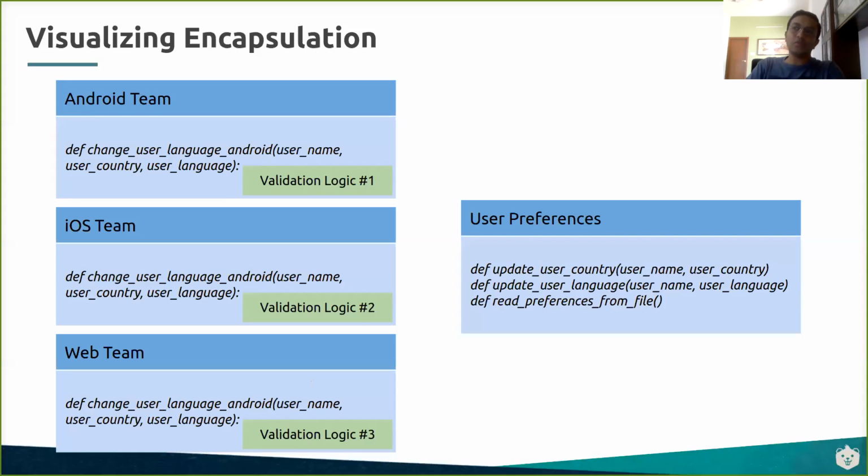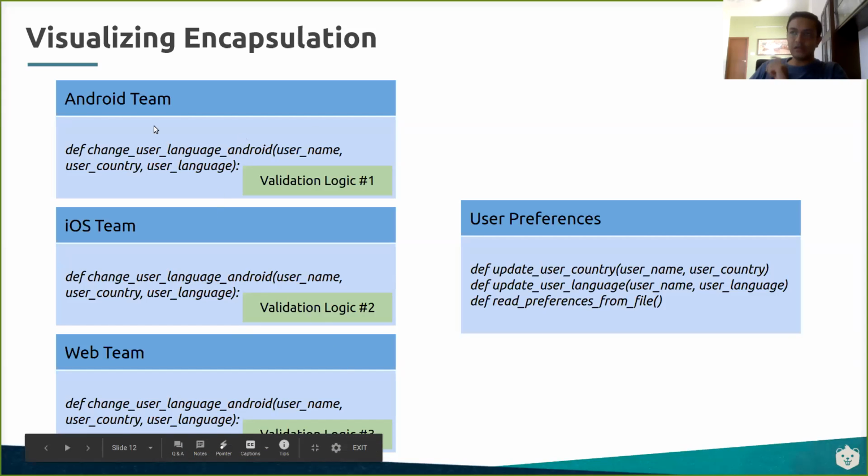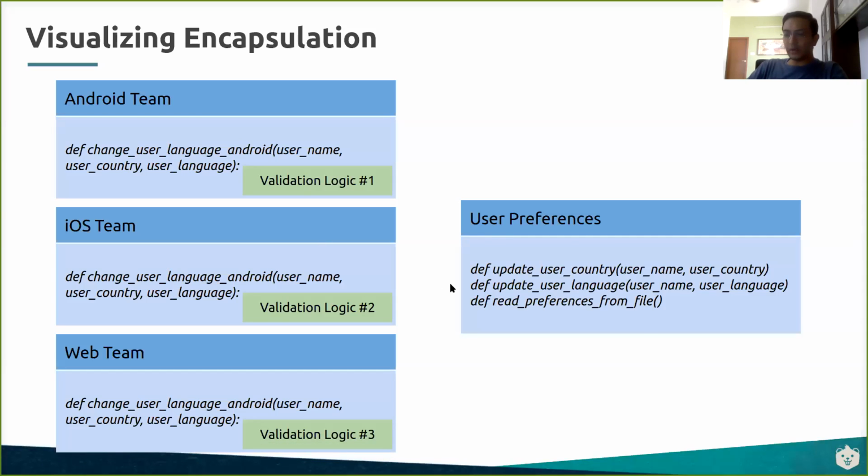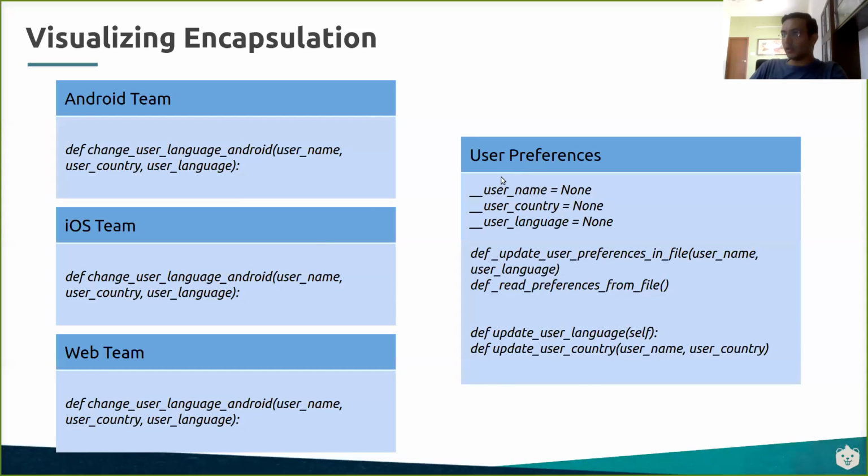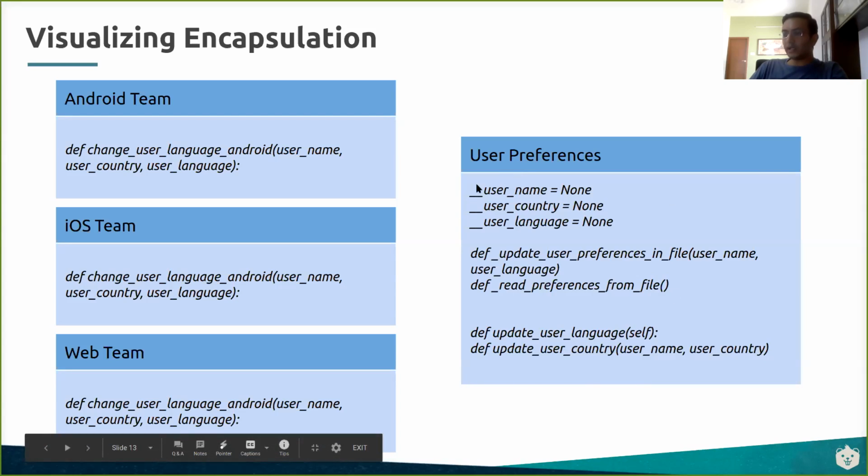Right? So what was happening earlier was the validation was happening in all of these places. The Android handler was doing its own validation for exactly the same thing. Same language country combination validation was happening in three places, correct? In terms of our files, we have just two of these implemented, but if there were three or even more, all of them would have implemented their validation logic inside their own class, right? But moving that validation to the user preference class makes it more put together in one place, right?